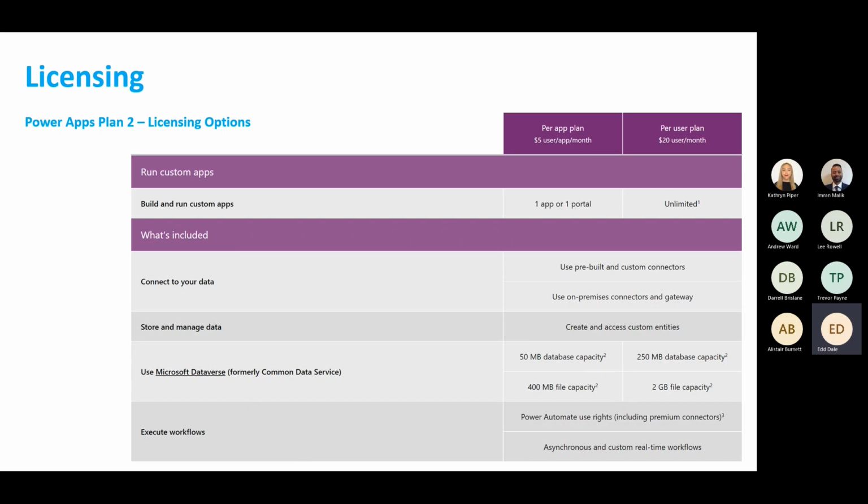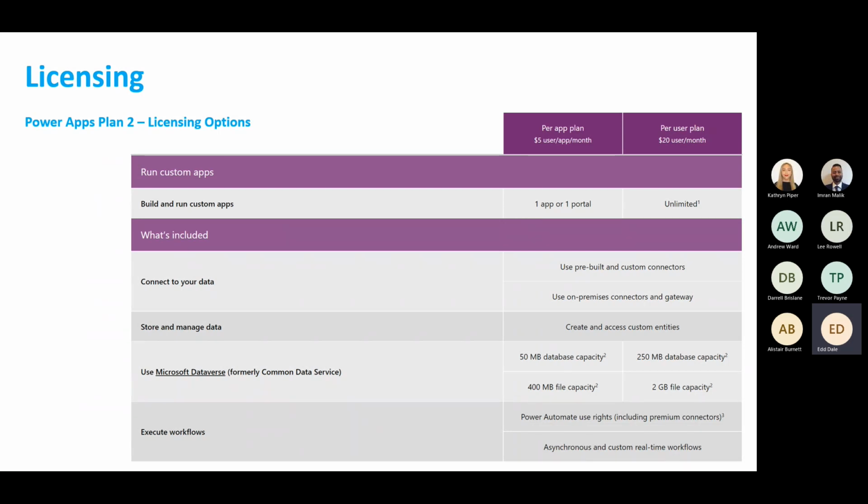Okay, so just to summarize, Plan 1 allows you to have applications, but only applications built within Office 365. Plan 2 allows you to build those applications outwards using premium connectors and the common data service. You can pay for it per application, or you can have an unlimited plan, which again is a lot more expensive, but again, you wouldn't be limited on the amount of applications you can build and deploy.